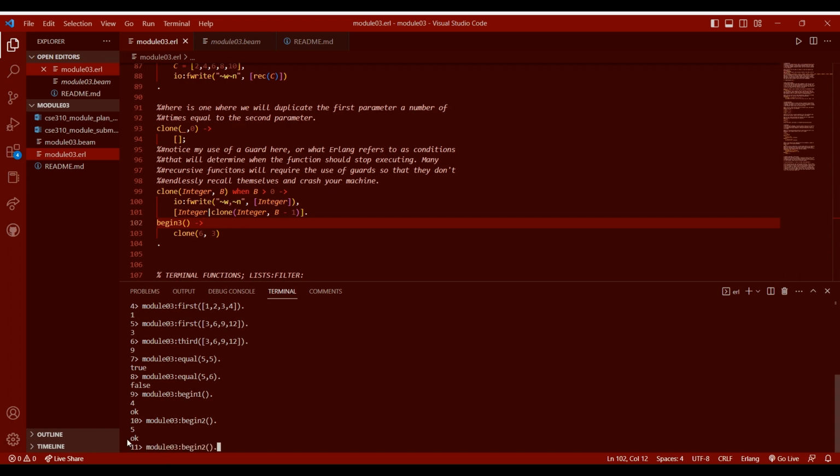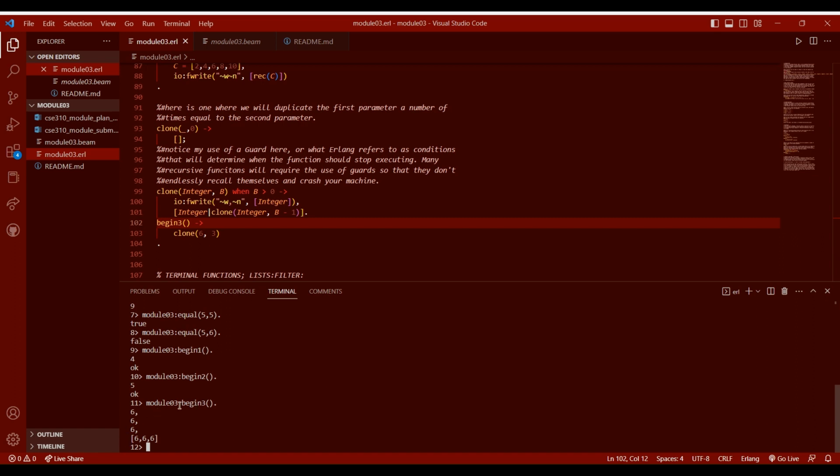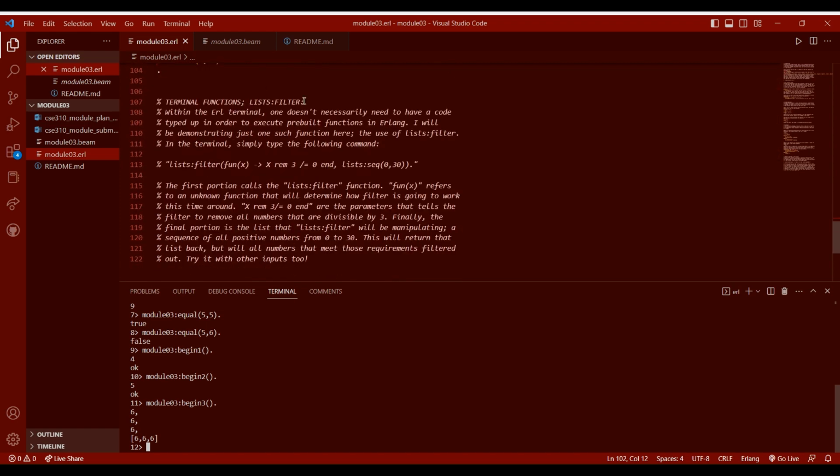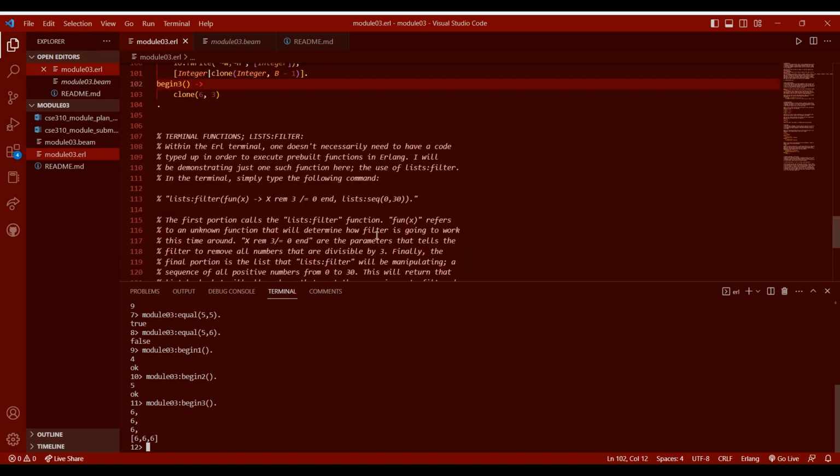So we're going to run that in 3. And as you can see, it does indeed output 6 3 times, and even restructures it into its own separate list. The infamous number of the beast, for those of us who are familiar with the New Testament. Anyways, so now we get to the last one that I will be demonstrating here today,